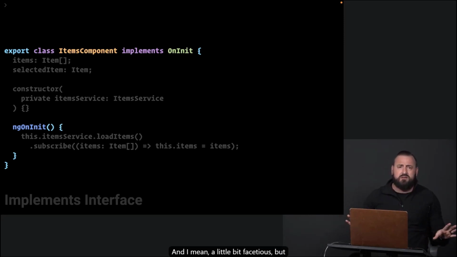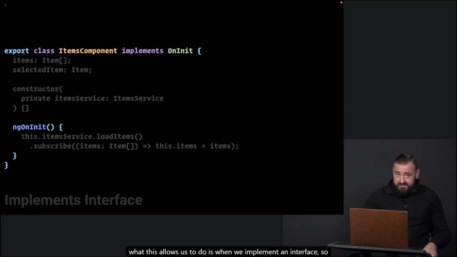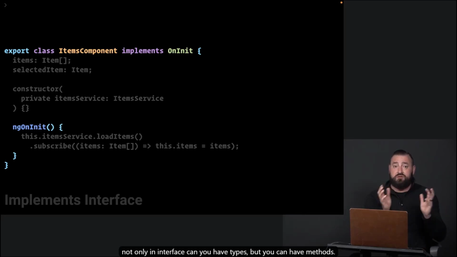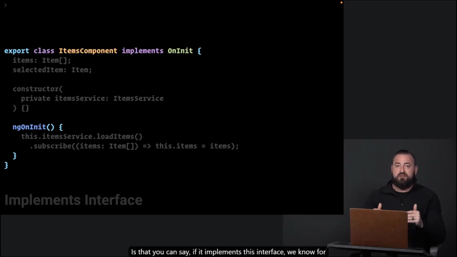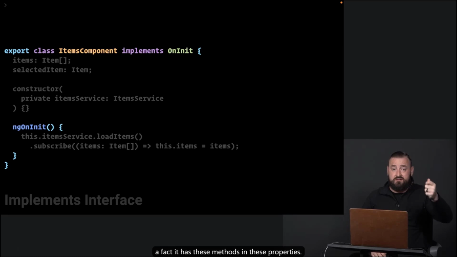And I'm being a little bit facetious, but what this allows us to do is when we implement an interface, so not only can an interface have types, but you can have methods, is that you can say, if it implements this interface, we know for a fact it has these methods and these properties.